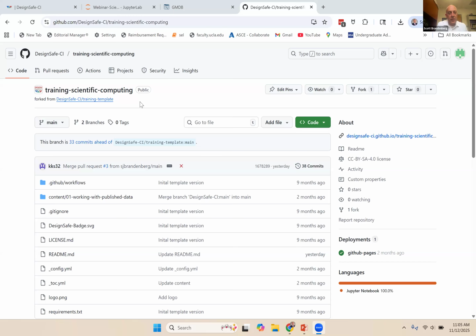One thing I want to mention, we have a DesignSafe CI GitHub repository that has some training materials in it. So I'm going to just paste this URL here in the chat. I'm going to be using this a lot to go through the notebook and everything. And so if you go here into this content folder